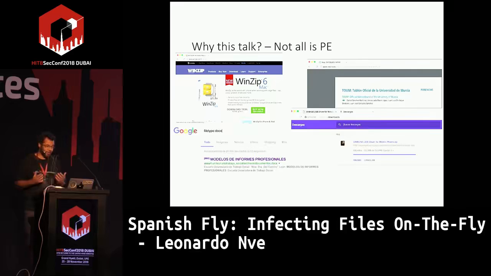And as security professionals, probably we take care of where we get the exe files. But our defenses are low when we download, for example, a zip file. We don't think that a zip file or a docx file could be infected.